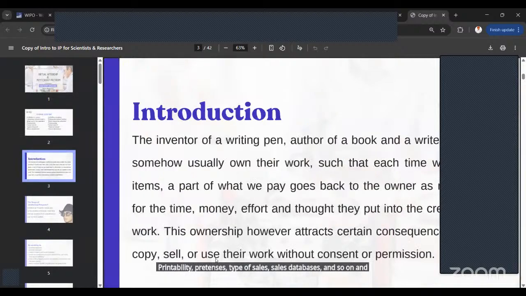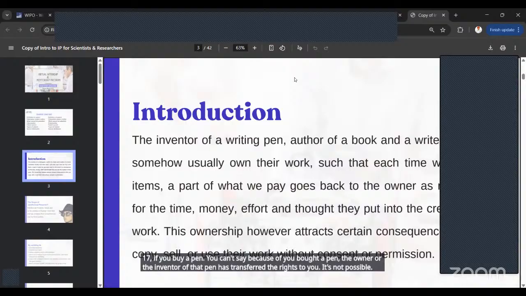So as an introduction, majority might agree with me that if you decide to buy a book, an author's book, can you resell that book and claim that you are the author? It's not possible, right? When you buy a book, what you are buying is the right to read that book, not the right to photocopy the book and sell, not the right to reproduce the book to sell to your friends and family. Same thing if you buy a pen. You can't say because you bought a pen, the owner or the inventor of that pen has transferred the right to you. It's not possible.